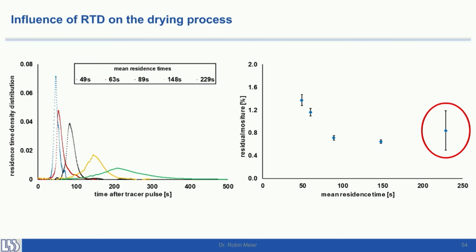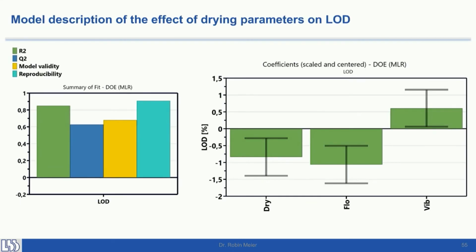And this was also evaluated via a DOE, and you see on the left side the model descriptors, and on the right side the coefficients for the drying air temperature, the airflow, and the vibration. All these factors are independently able to influence the drying process and the drying results of the granules after the drying process. So, the last point I mentioned in the beginning,